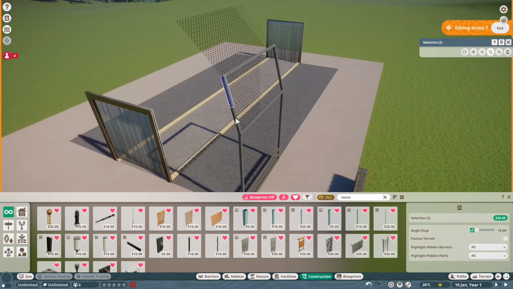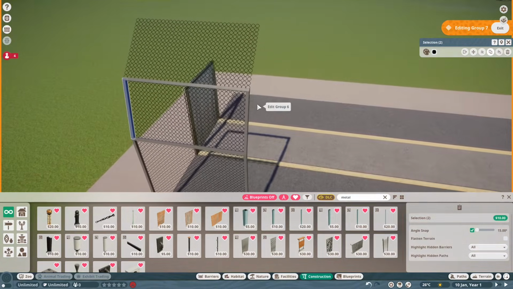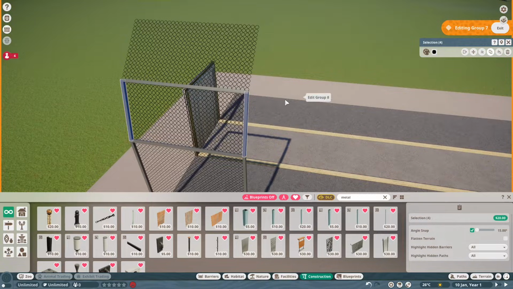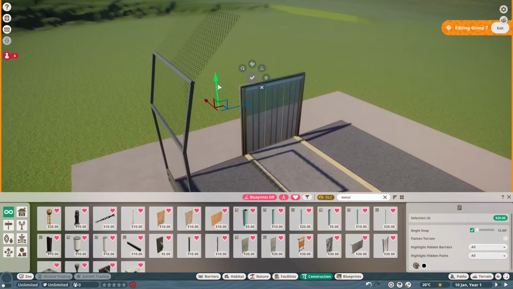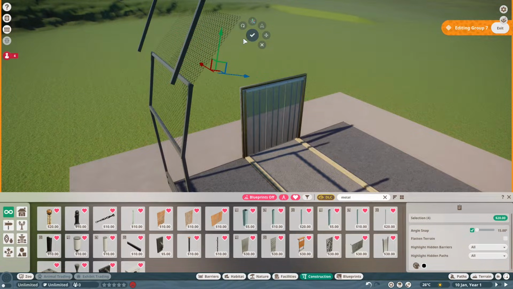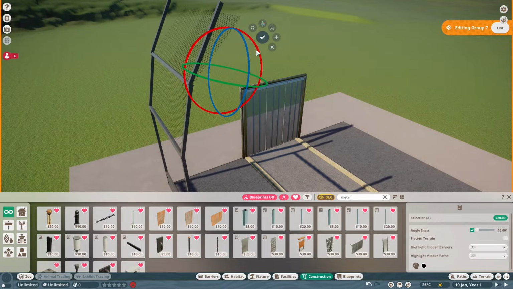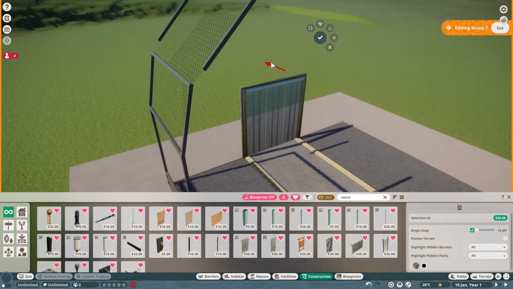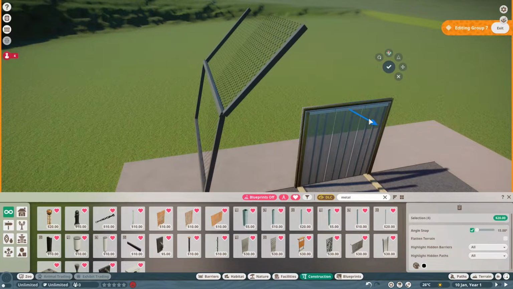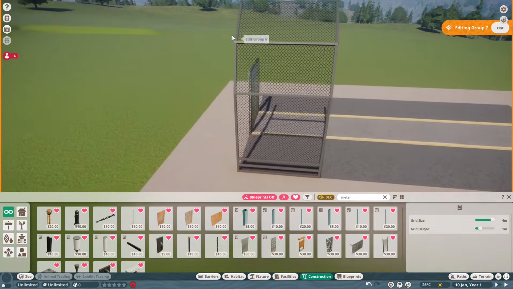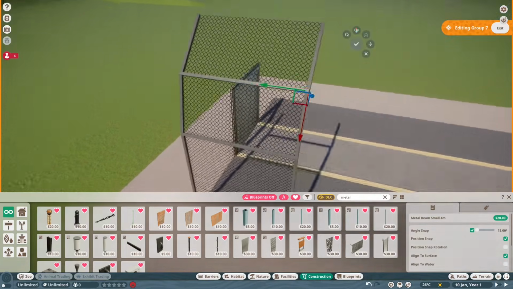And it should be easier then to select these. By the way, if you want to separately select stuff in the same group, just hold Control and left click. Move these up, rotate these around, and again, get these lined up. Like that. And then the last piece